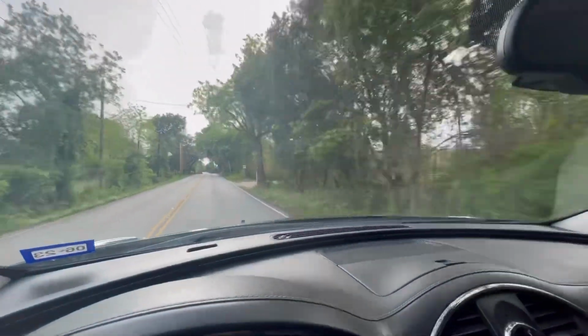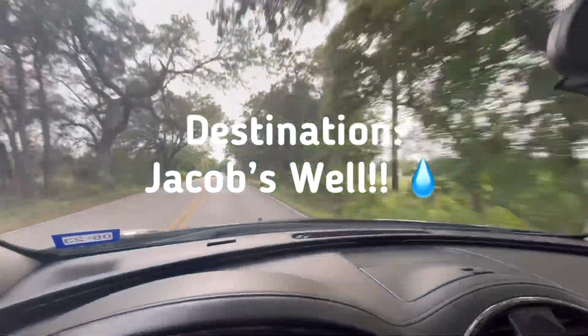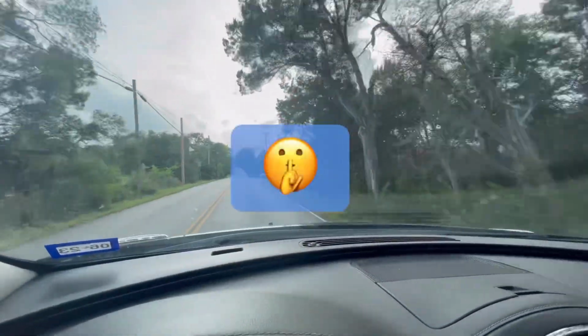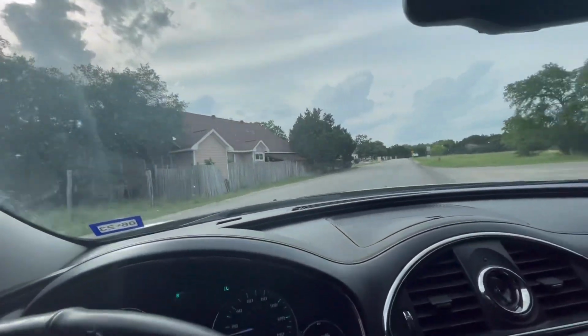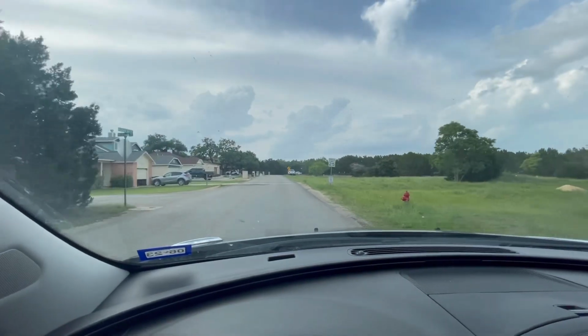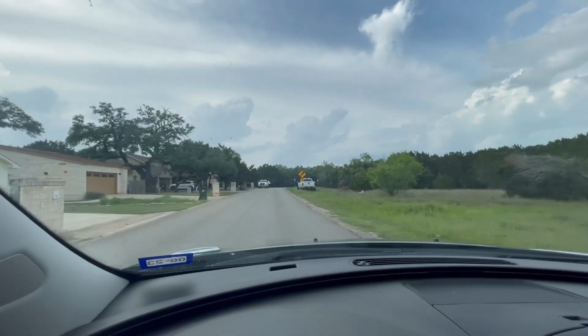This is the day, guys. Jacob's Well. That's where we're headed. But I'm going to take y'all up through the neighborhood. This is a secret way in for those in the know. Pleasant Valley Road action. We're going to head back here, and we're going to start with the canal, the dried up canal that leads in,